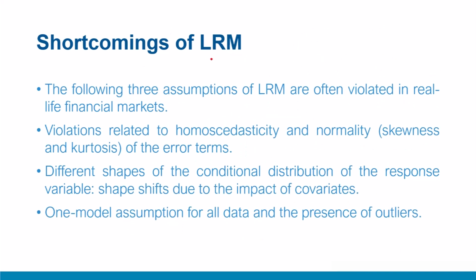The means scheme followed by the linear regression model has certain problems in real life data. For example, whether you're looking at financial market data or any kind of data, you have the following problems. First, data tends to be heteroscedastic. The model assumes homoscedasticity, that means the variation of the error term, the sigma square, the variance, remains constant. It also assumes the data is not skewed, it is symmetric, and the kurtosis is 3, similar to a normal distribution. These are some of the assumptions of the classical linear regression model.